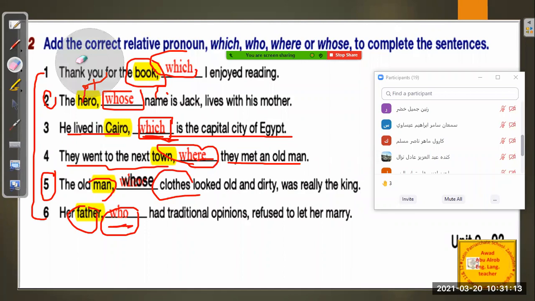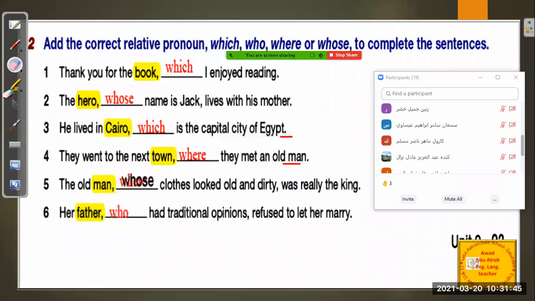Now look at them again. Point to them, even in the book. 1 and 6 are similar. Now 2 and 5 are similar. 3 and 4 are different. When do we use whose, George? When there's between two nouns. Between two nouns, possessive. Okay. Now we are going to move to another activity on the next part. It's activity number 3.